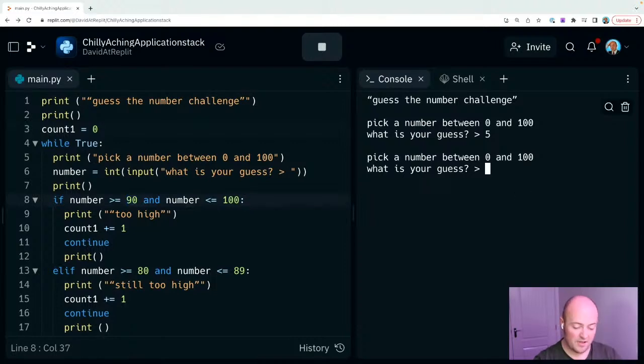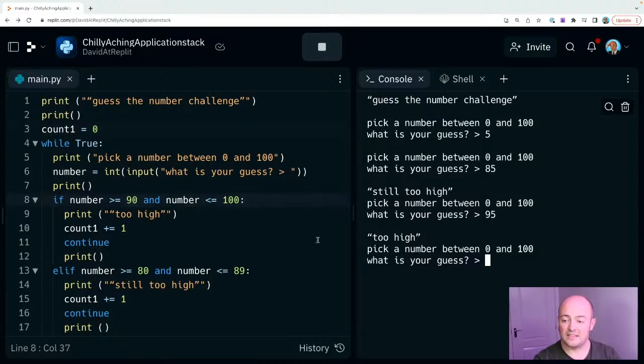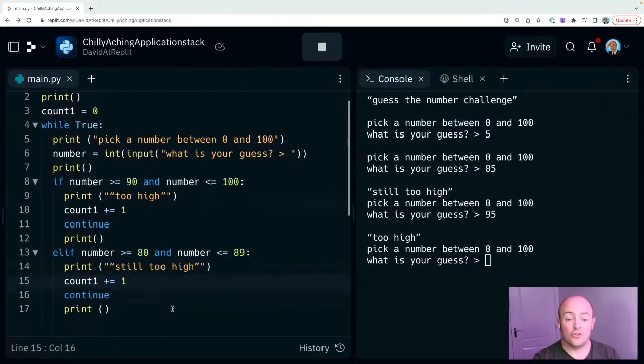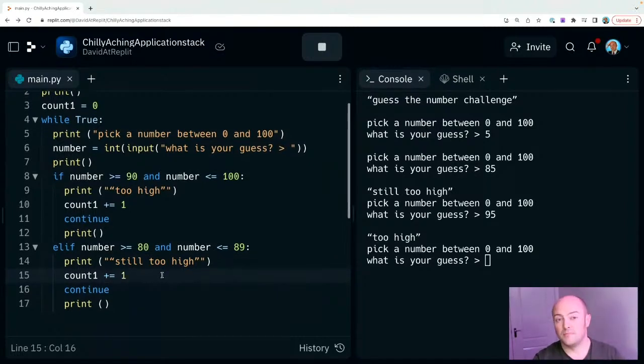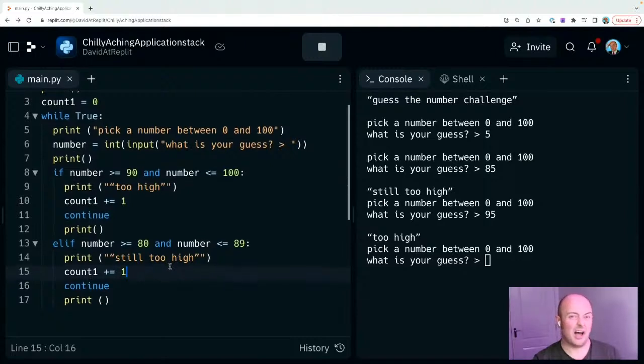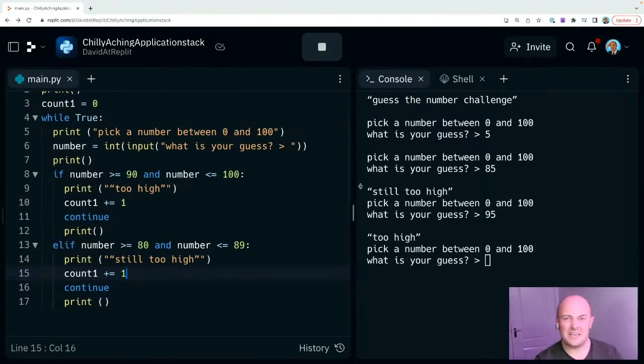So if I pick a number, say 95, I end up in that top section there, too high, and 85 got me down here. So the code is working now because it's got those numbers separated. And those inequality symbols, greater than, less than, or equal to, only really work, and I say this with a pinch of salt, they only really work if you are dealing in numbers. They do work with time, but time is a kind of a number.